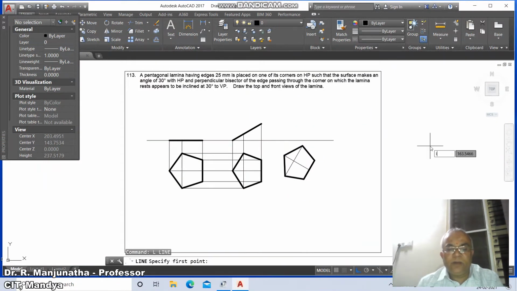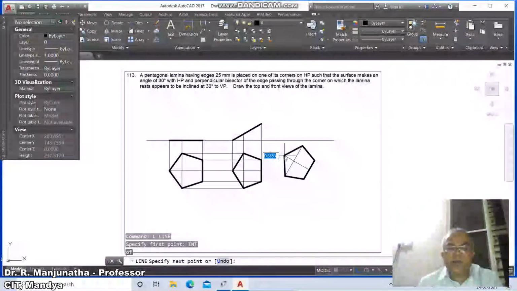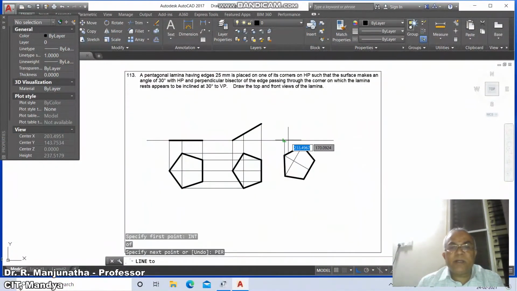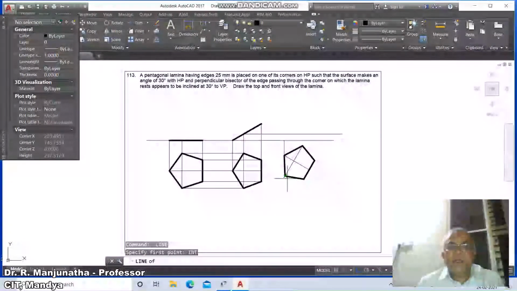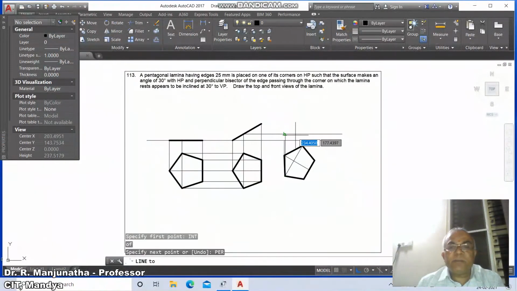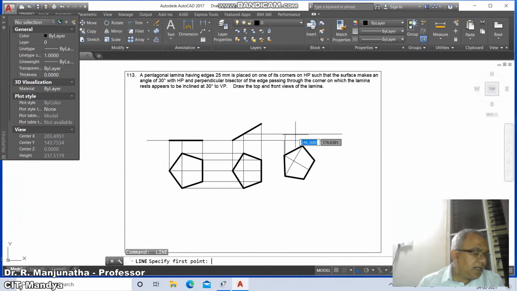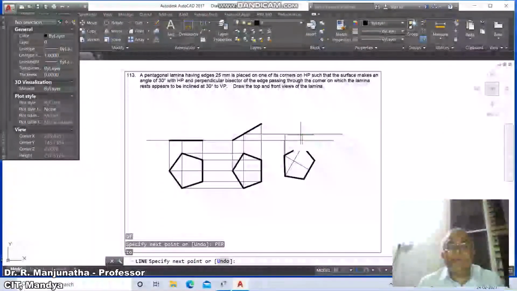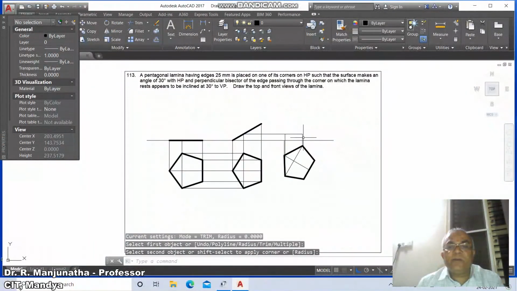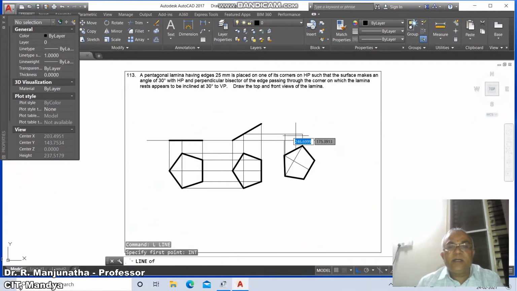the ortho mode on, take line int of this and take perpendicular to this, then go to line, take intersection part of this and draw a horizontal line, take int of this and take perpendicular to this, similarly line, take intersection part of this and perpendicular to this, then go to fillet between these two, similarly line, take intersection of